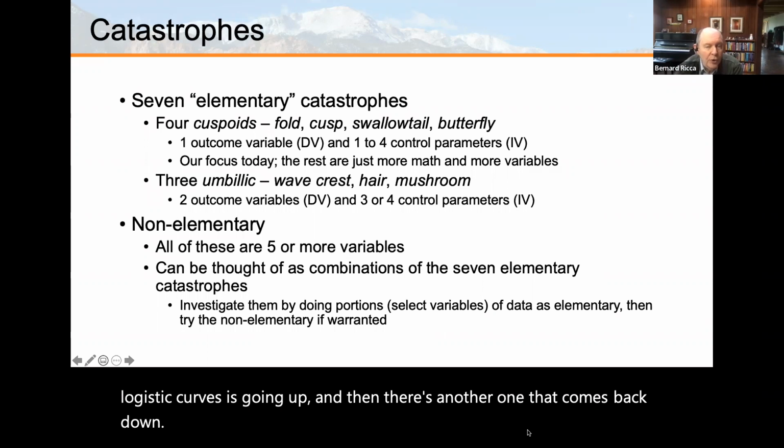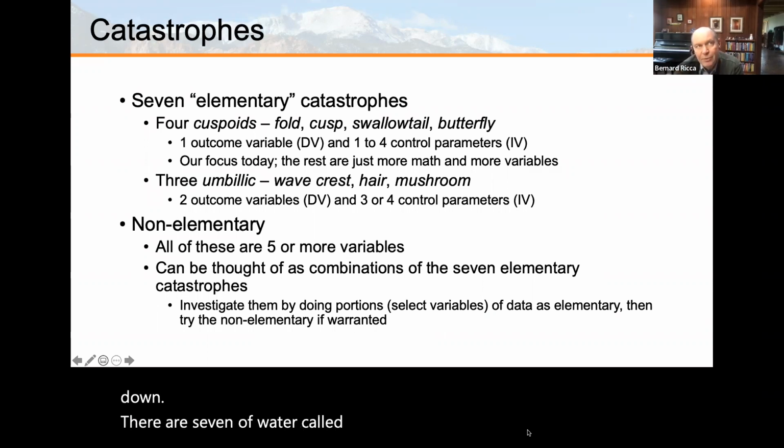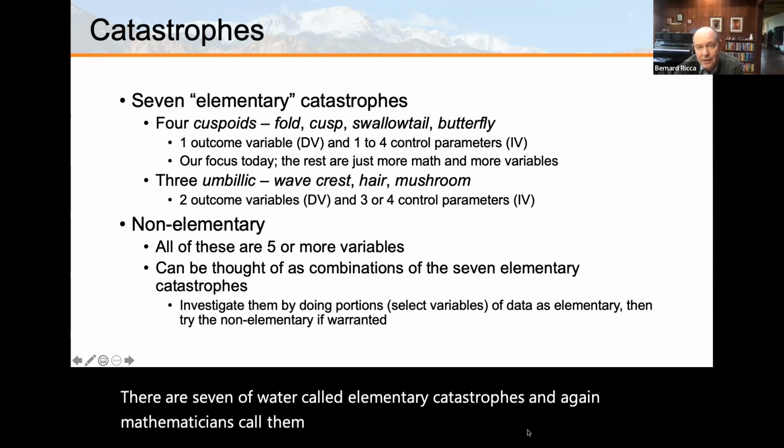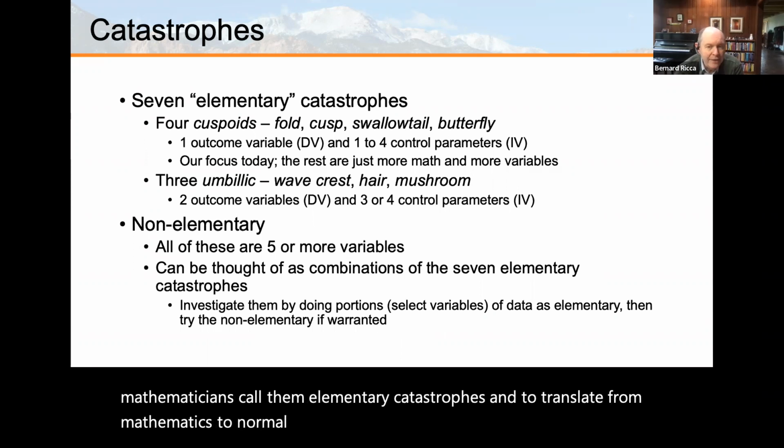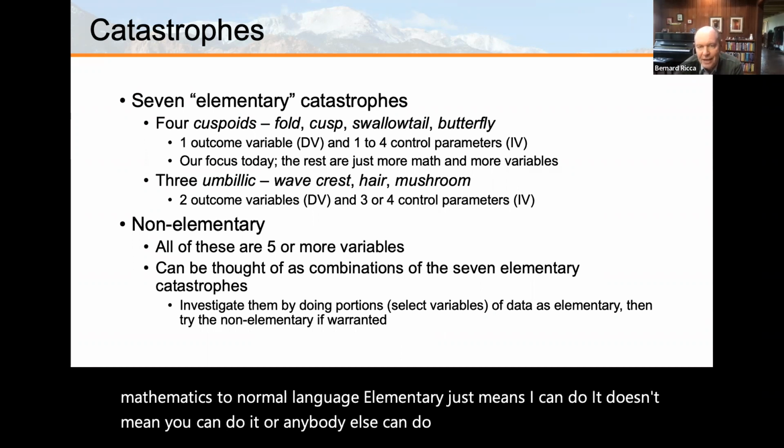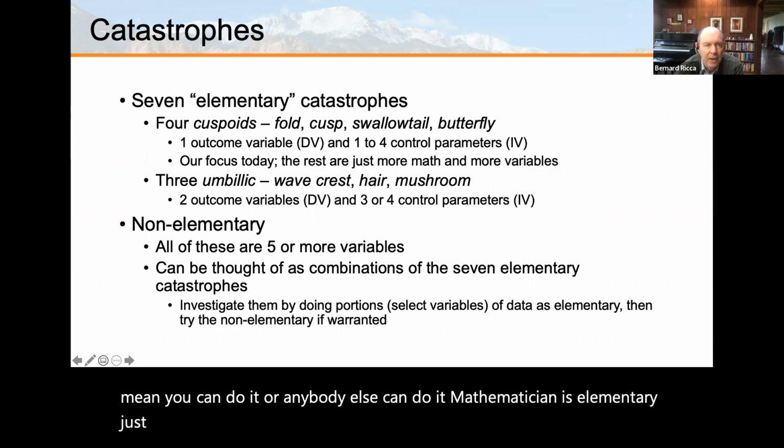There are 7 of what are called elementary catastrophes. And again, mathematicians call them elementary catastrophes. To translate from mathematics to normal language, elementary just means I can do it. Doesn't mean you can do it or anybody else can do it. A mathematician who says elementary just means I can do it. But there are 7 that are